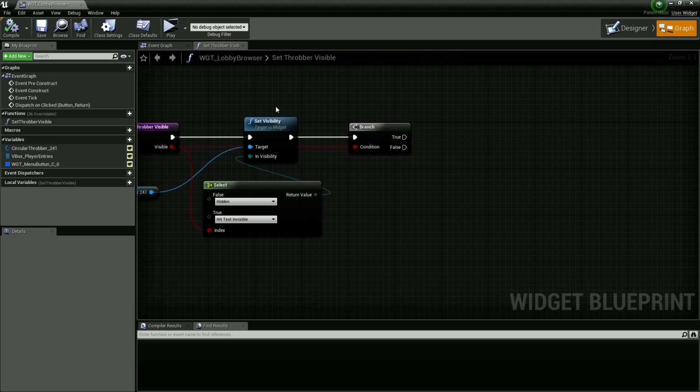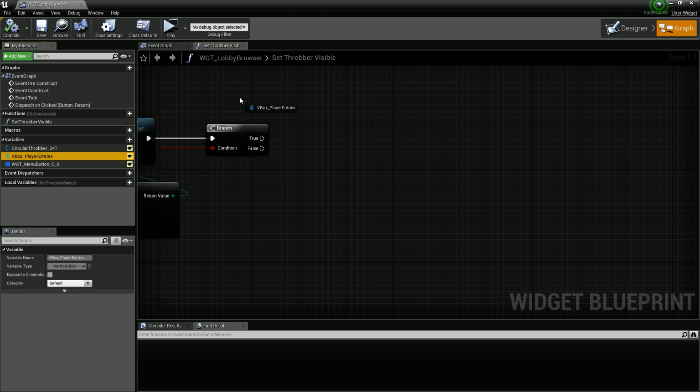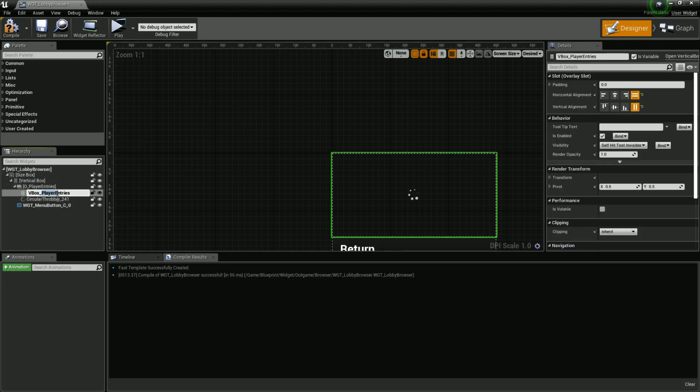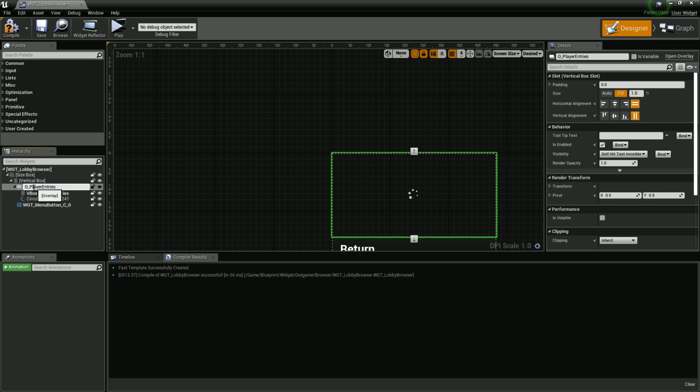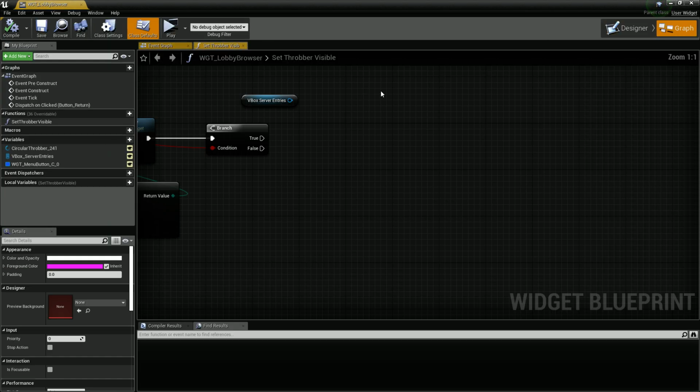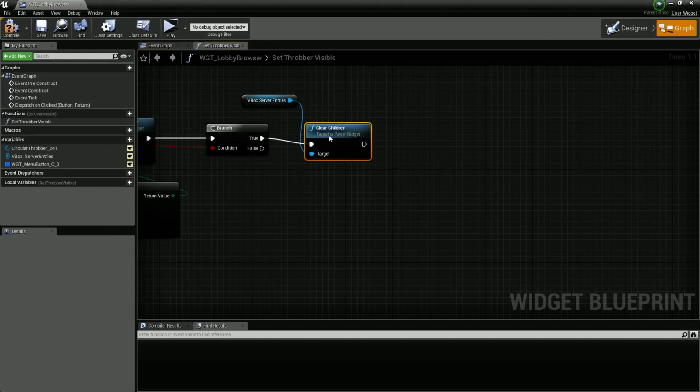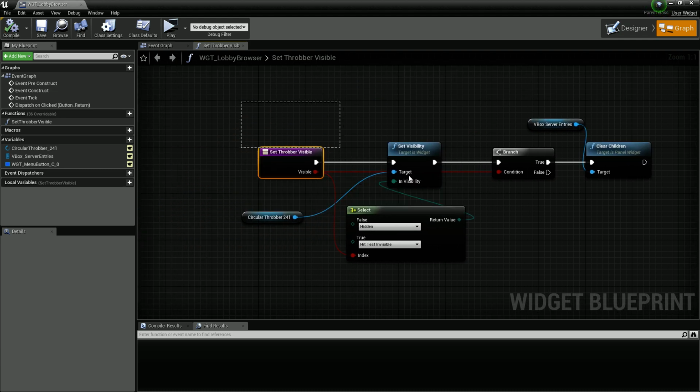I think when we make it visible, we want to empty our list of player entries, which is actually server entries, and player entry is going to be server entry as well, like this. We want to clear all children when we start searching for games,